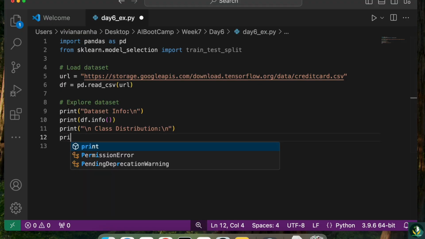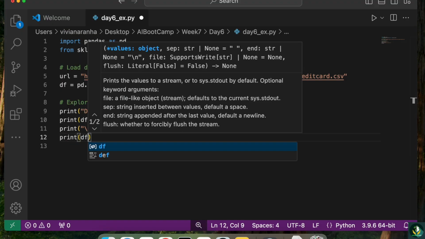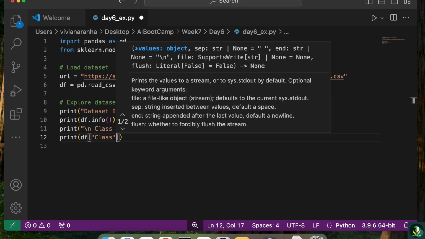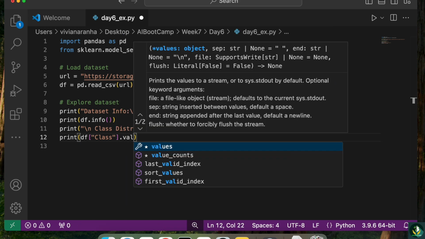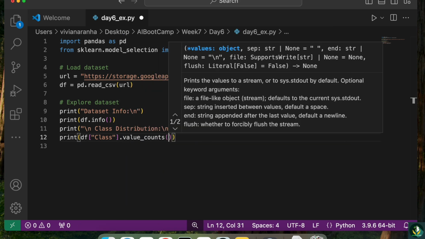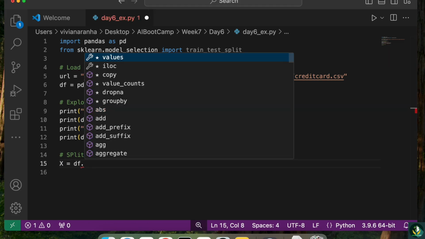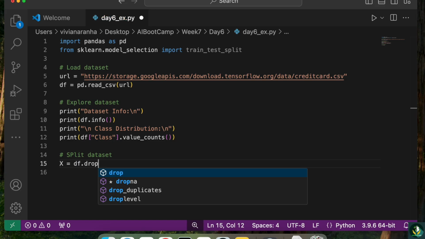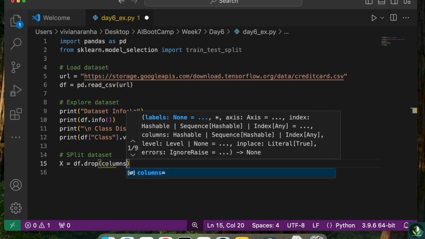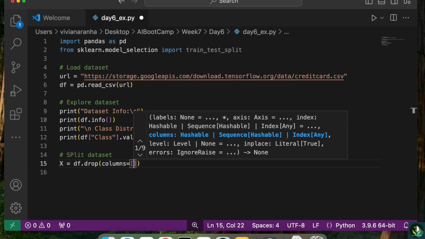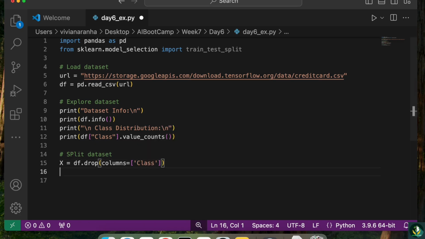To show that, I will say print df, the class that we have here, dot value counts. It's a function, so I'm going to call that. Next, let's also split the data set and keep it ready. X equal to, usually we do df dot drop, columns equal to class, because that's the one that I want to use as target,